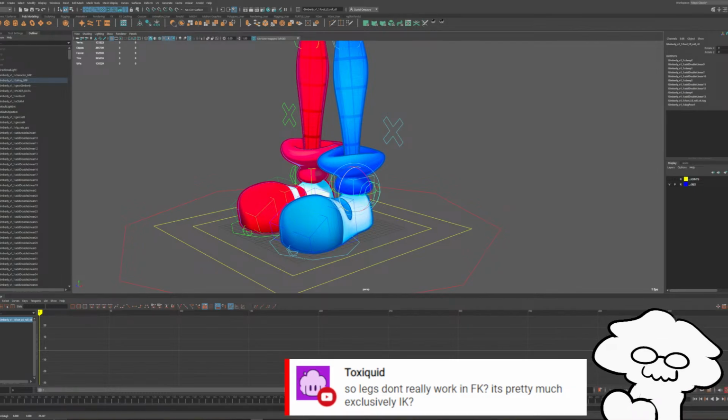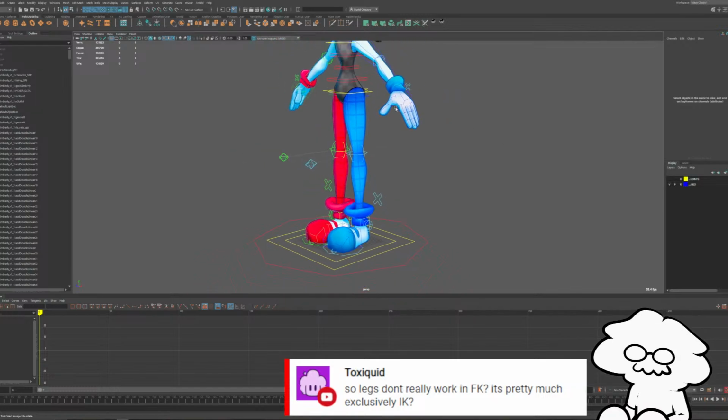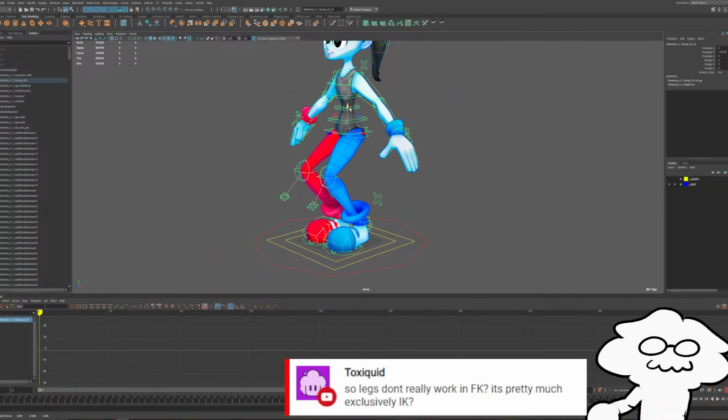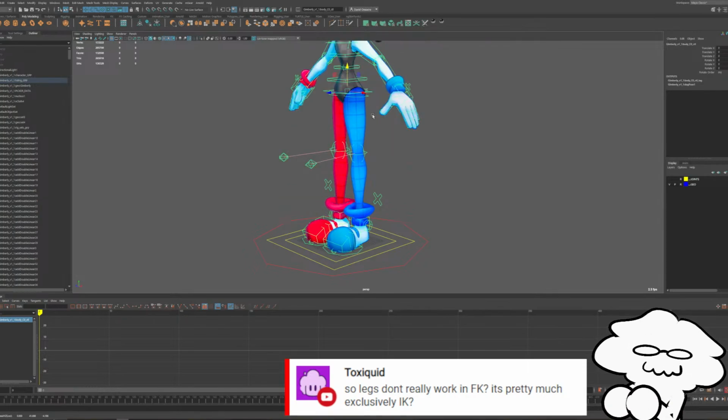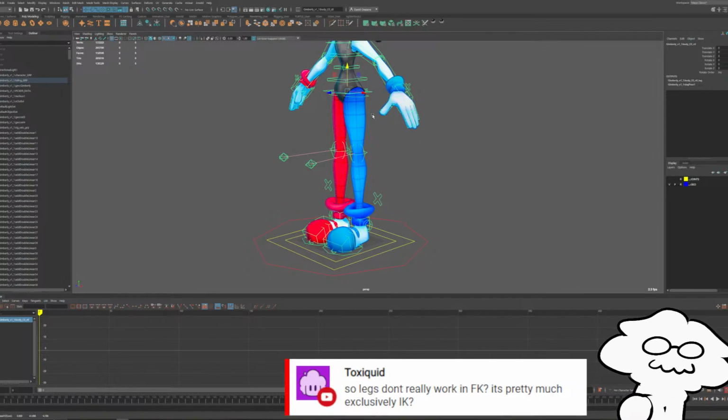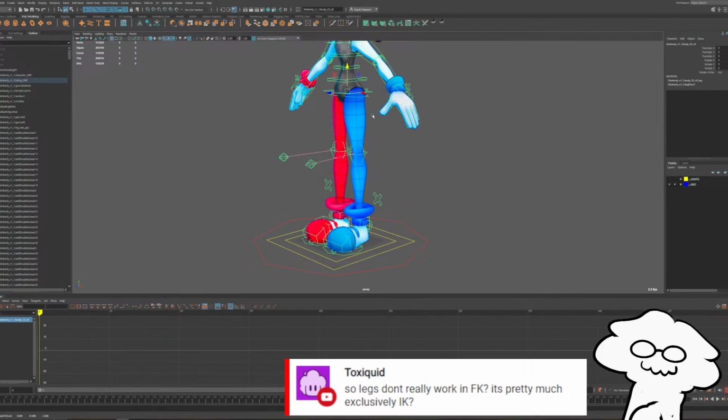But generally, in order to keep your feet on the ground, you need IK legs, right? And if you don't have that, you can sort of fake it, but it will feel very floaty, which can work. I mean, you can make that work.